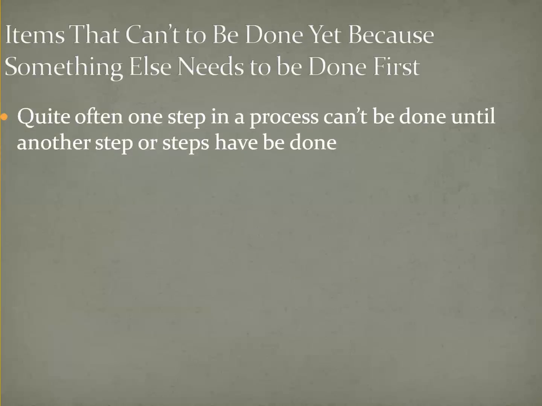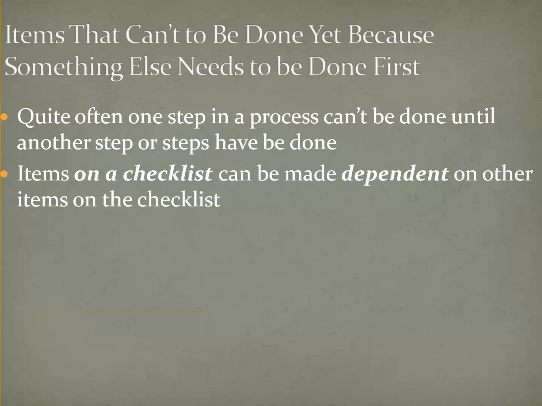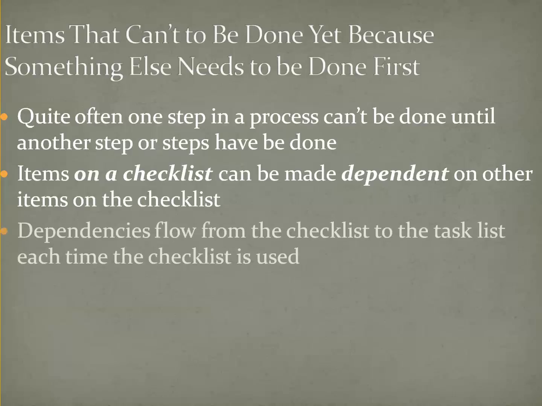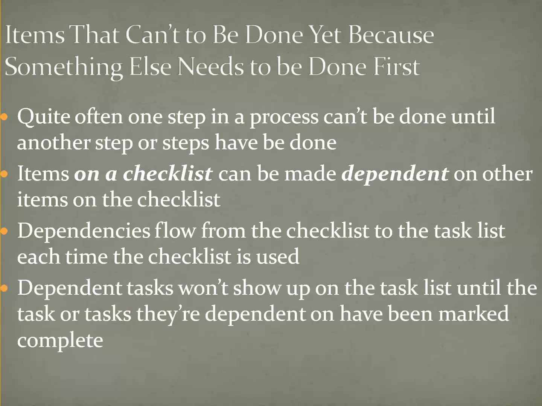Quite often, one step in a process can't be done until another step or steps have been done. So the items on a checklist can be made dependent on other items on the checklist. And the dependencies then flow from the checklist to the task list each time the checklist is used. So these dependent tasks won't show up on the task list until the task or tasks that they're dependent on